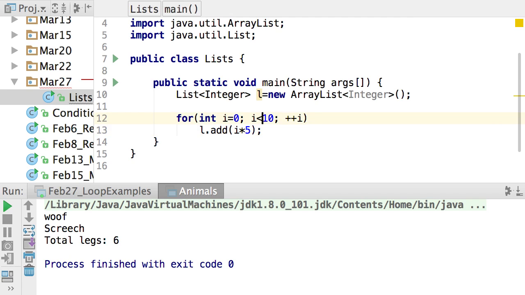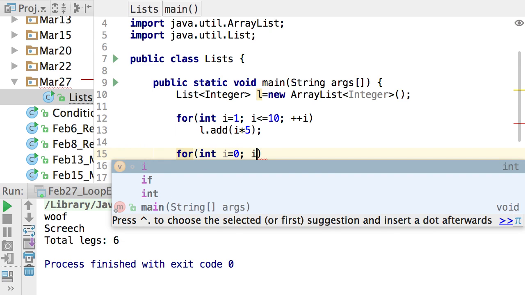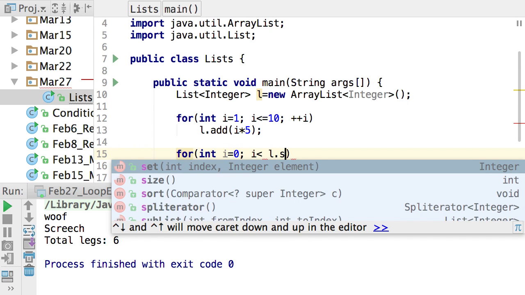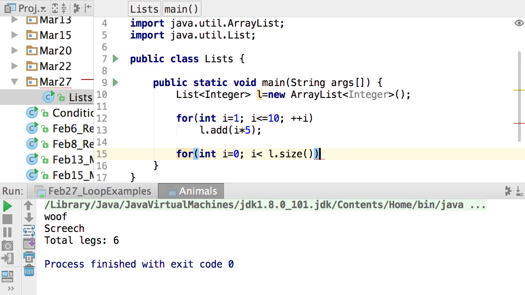Let's do by 5, and let's do like 1 to 10, right? And now I can either do int i equals 0, i less than L dot size,